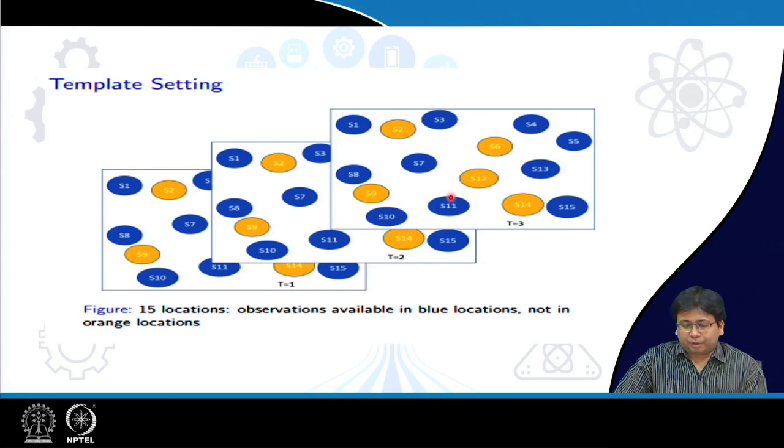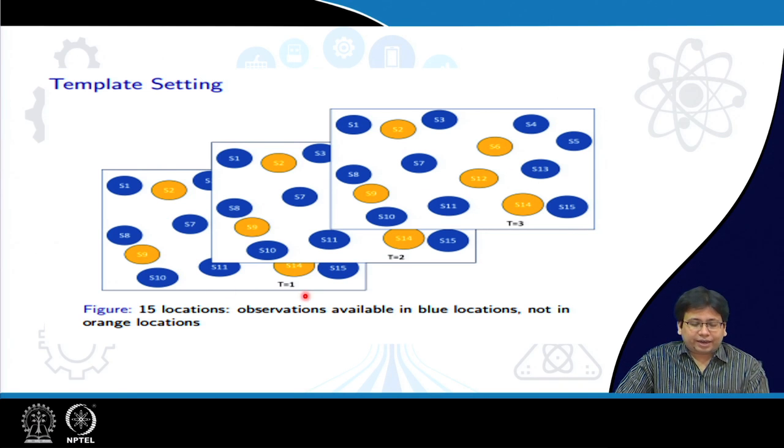And these bubbles, as you can see, they are either blue or yellow. Now, blue means that we have the observations in those locations, and this yellow or orange means that we do not have the observations. And you may